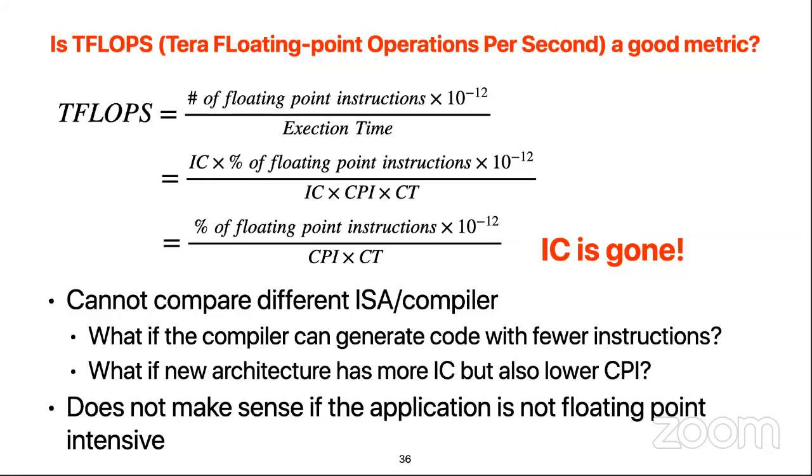That's the issue of using T-flops as your metric, because it doesn't tell you that if you have a better programmer, you can make the performance better. It doesn't tell you that if you have a better compiler, you can make the performance better. It doesn't tell you if your architecture has lower CPI,